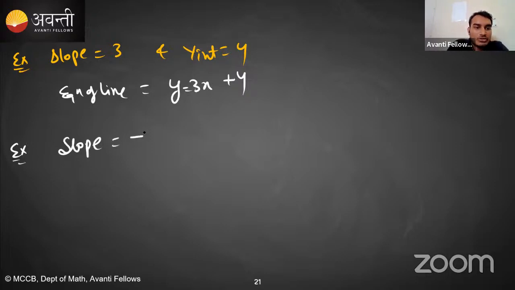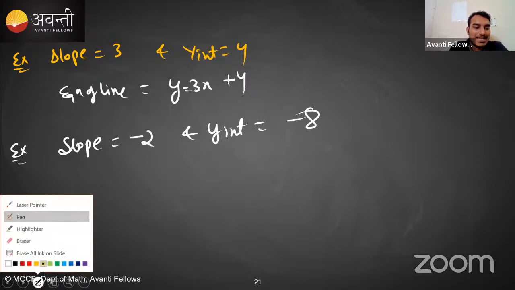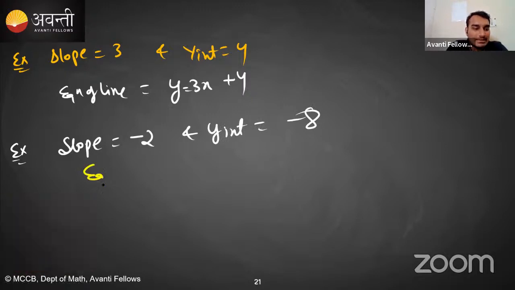Slope is, let's say, -2 and y intercept is, let's say, -8. Then how will you write the equation of the line? Tell me quickly in the chat box. Equation of line is,